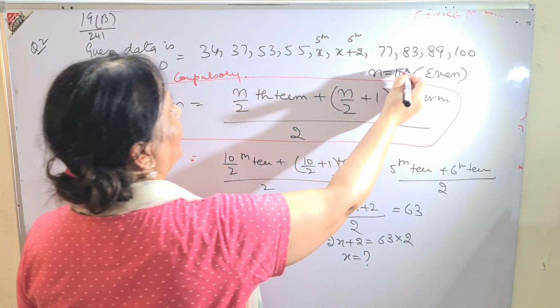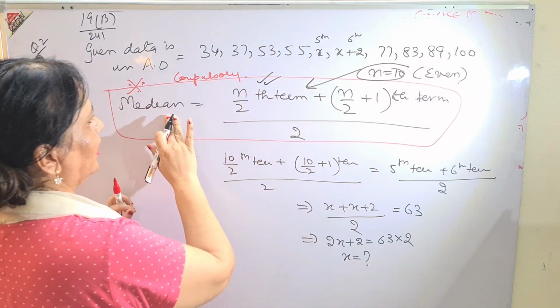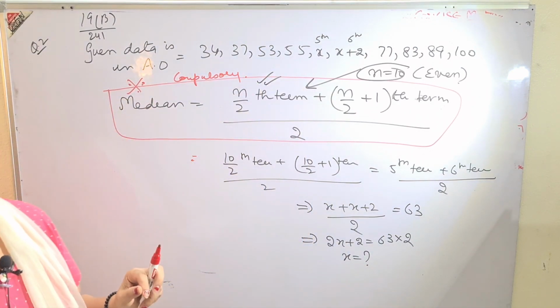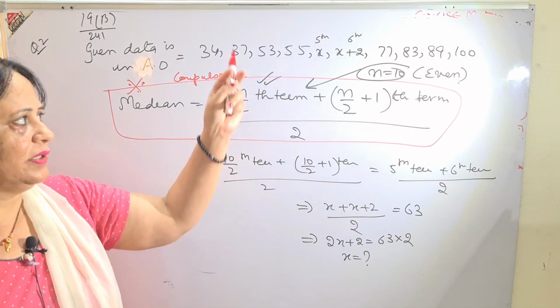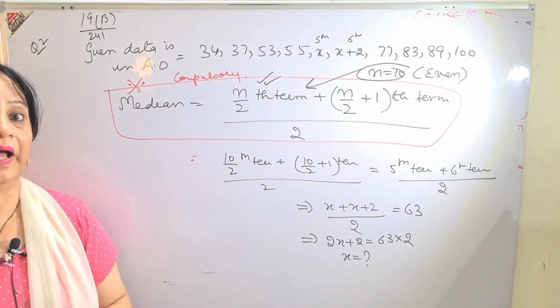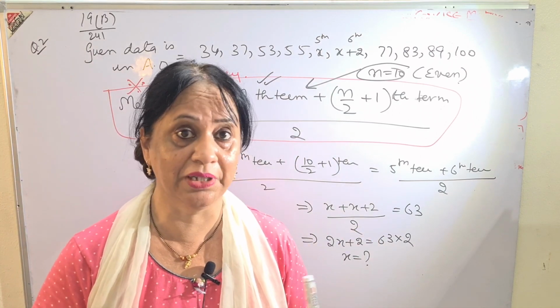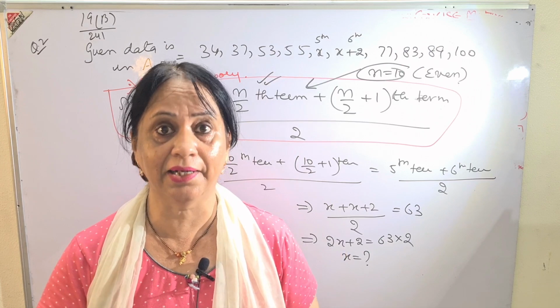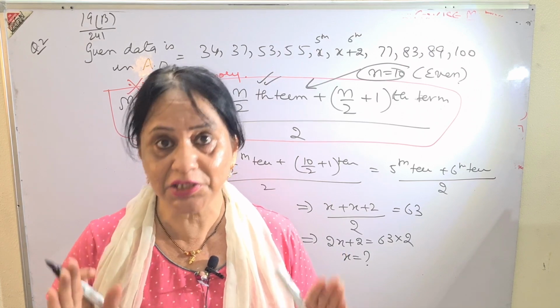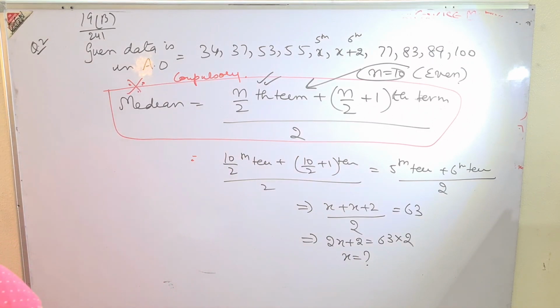When even is given, the formula is this one, and when odd is given, I have already explained the formula in the last sum. This is all in this exercise, nothing else. Even and odd you have to find, and above all, it is very, very compulsory that the data, tabulated or untabulated, has to be written in ascending order. Then the other questions are the same, nothing very important, third and fourth.